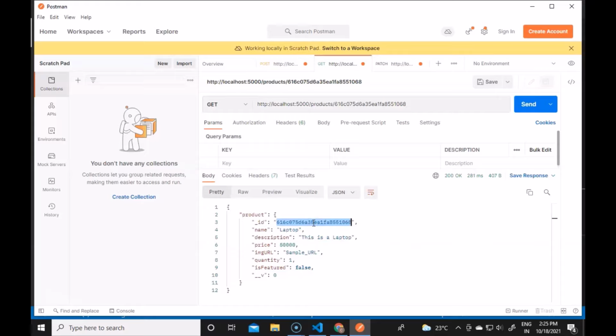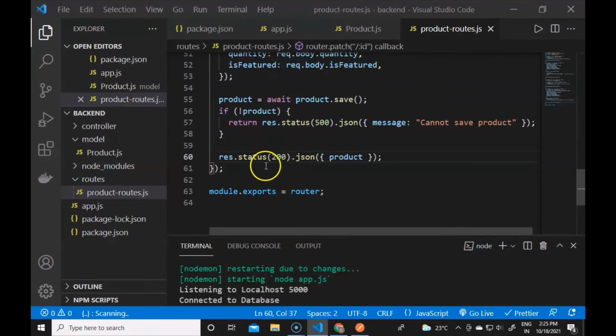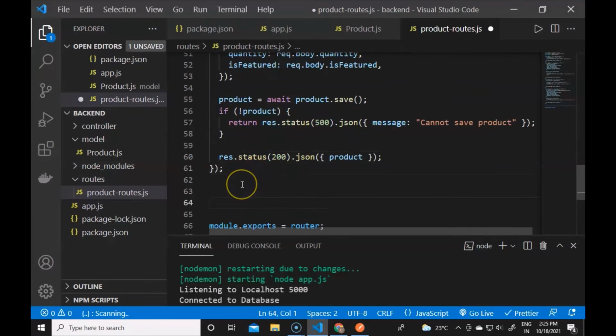To delete the product, we need to create a new delete HTTP request with the router, and then we have to get the ID once again. So if I go to the code, I will add a new delete request here, and it will be router.delete, and it will contain the same URL, the same parameters in it. It will be the URL and then the ID parameter inside it, and then the callback function once again, as we did in all requests, with request, response, and next as the parameters here.